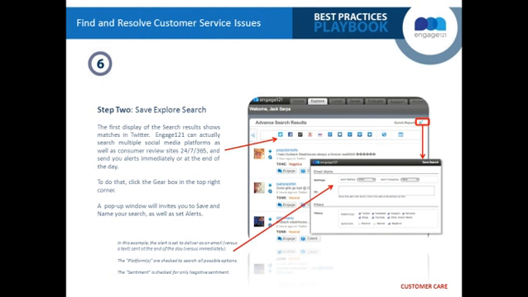That's the default social platform, but it's not limited to just Twitter. If you look at this screenshot in the top right corner where you can see a gearbox, you click on it and this second box will pop up inviting you to save the search. You'll notice that down here under platforms, we've checked Twitter, Facebook, Google+, consumer review sites, blogs, even YouTube, and other